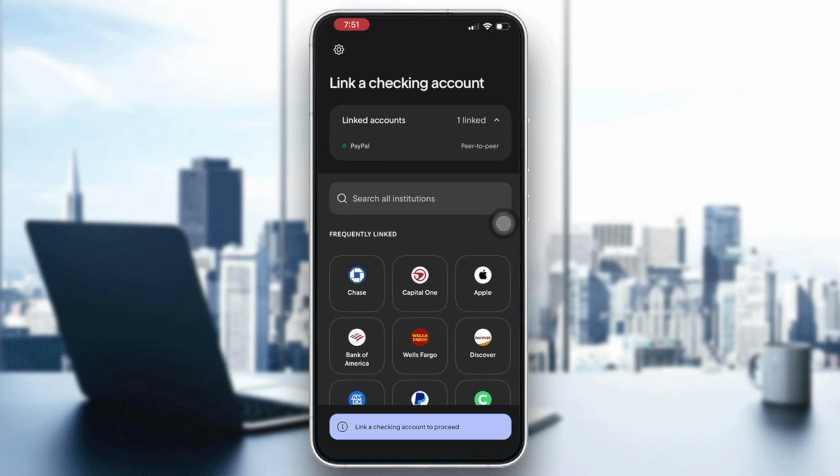So in today's video I'm going to show you how to add multiple accounts in Rocket Money. Yes, Rocket Money allows you to connect multiple bank accounts, credit cards, and even accounts from different financial institutions to the same profile. So actually guys, first you will need to open the Rocket Money app and then